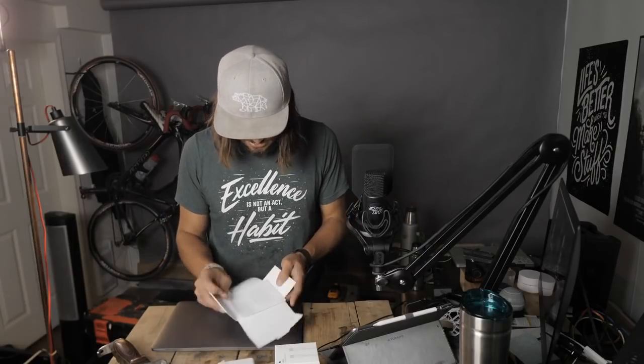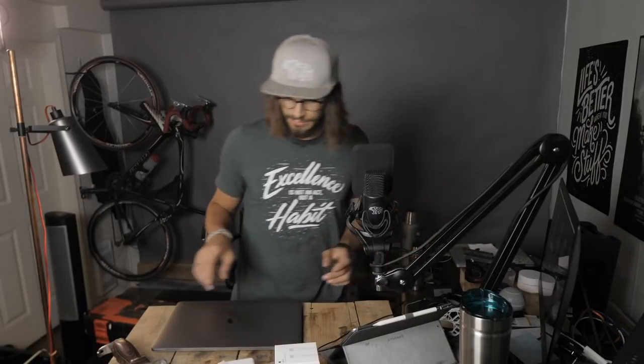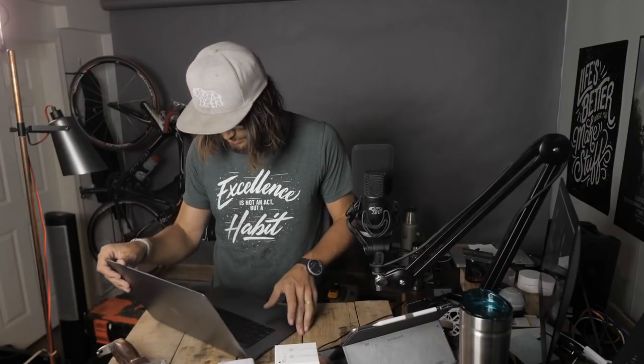Does it come with stickers? Stickers. Wow. I used to love these stickers. I don't really care for them anymore. Kind of got out of the whole Apple fanboy thing where I thought it was so cool to...